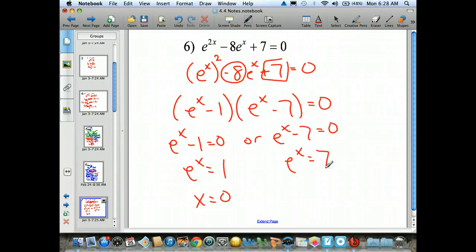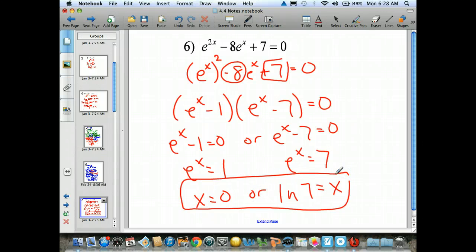Let's just put that in our logarithmic form. So that means natural log of 7 equals x. So our two solutions are right here. So 0 or natural log of 7 should work in that equation. If we store them into our calculator and verify that, they will indeed be solutions to this. So that's the